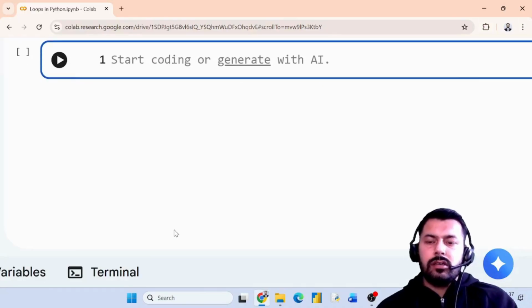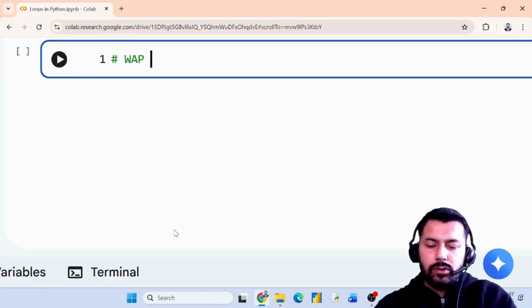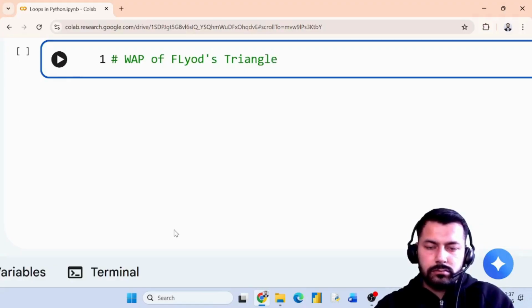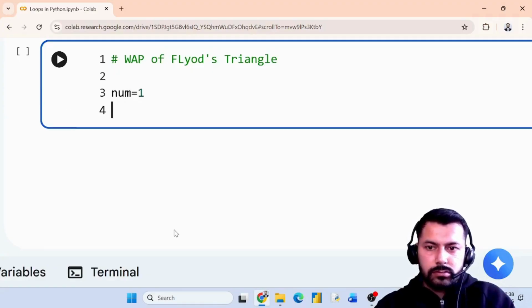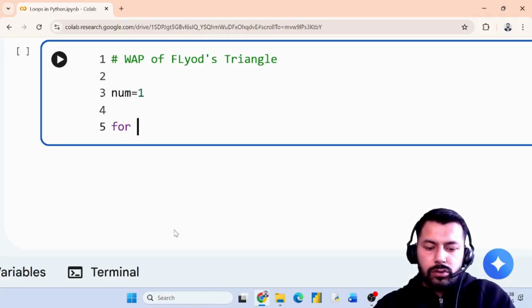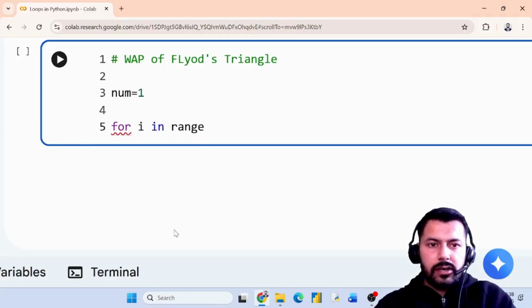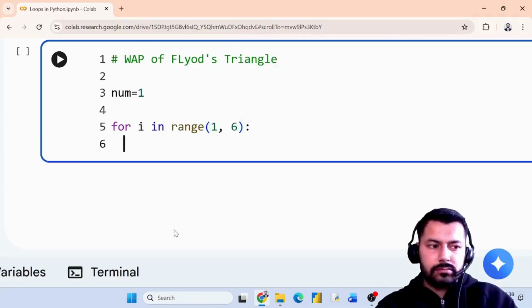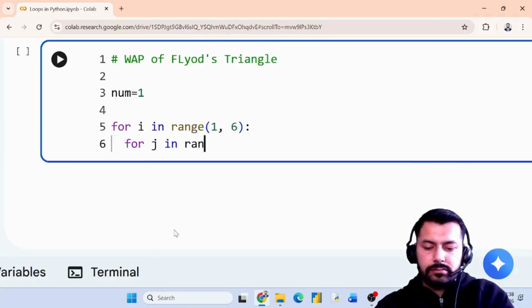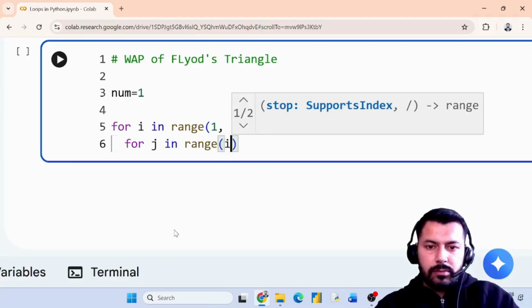Now let's discuss another program, a program of Floyd's triangle. So num is equal to 1. Now we will be using a for loop. So for I in range, and the range will be 1 to 6. One more loop we will be using, for j in range, that will be I,